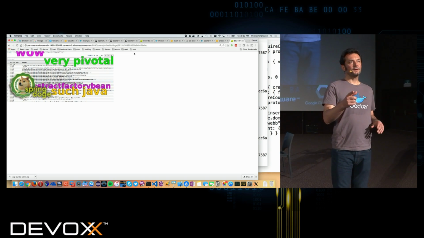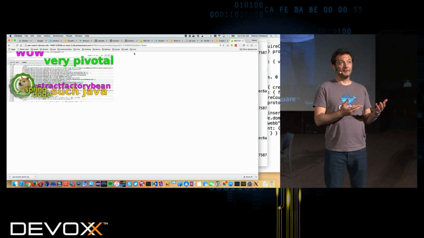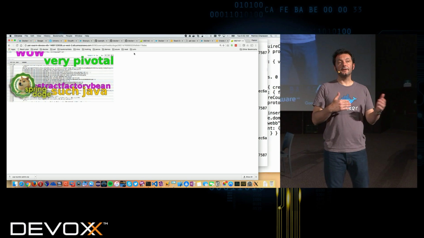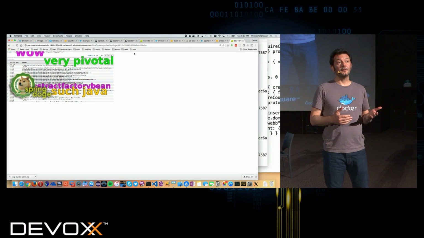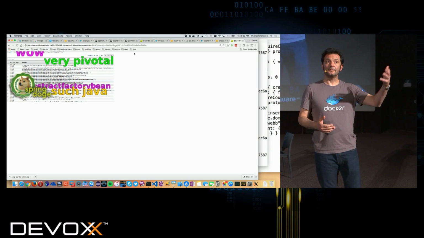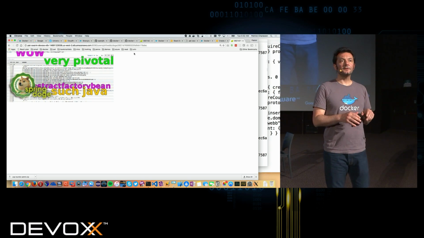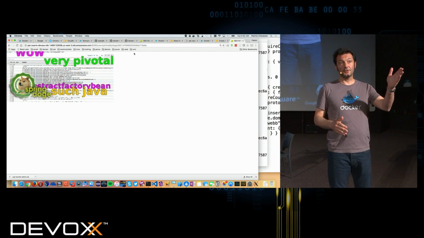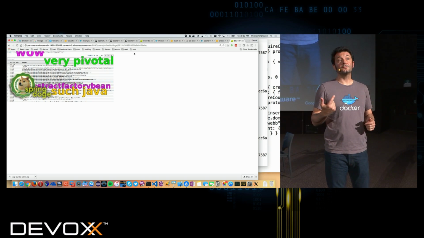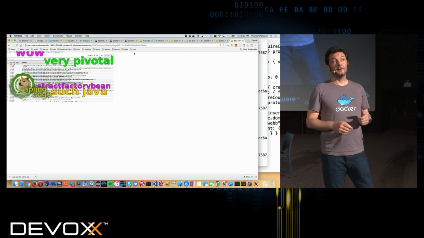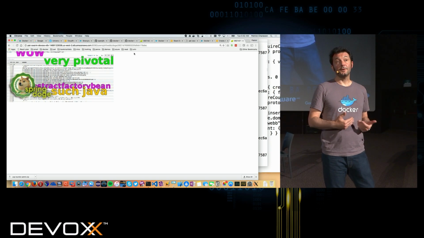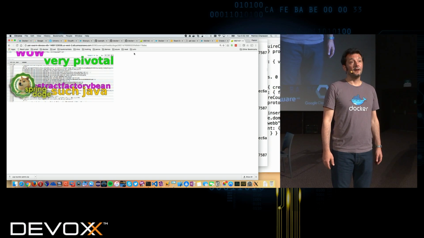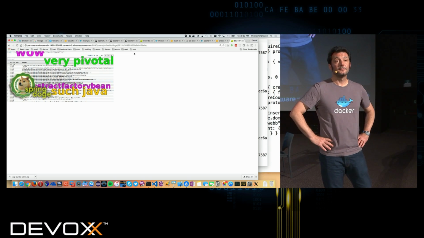Oh, yes. So the question is, are there ways to deploy Docker images that are constrained inside of an intranet? And yes, there are definitely many different ways. The simplest one is to take the Docker open source registry and to run it inside of your intranet. When you're building your images, you can push them to the hub, but you can also push them to an internal registry. So you just do a push to that registry, and from Swarm, you just pull the images from that registry. So that's one way. The other way is that there are tons of commercial products. We're making one called Docker Trusted Registry that's really designed for that kind of use case. But there are others that work as well.